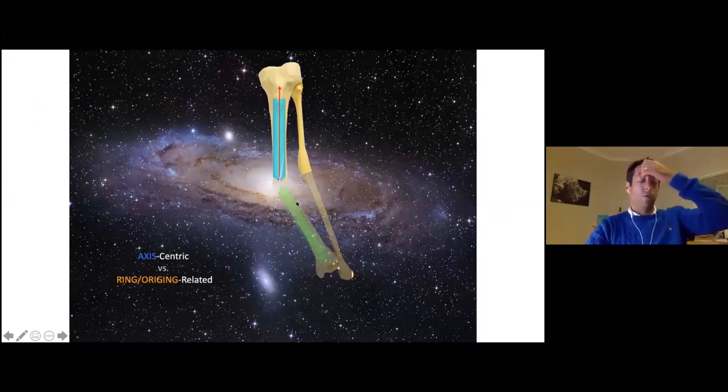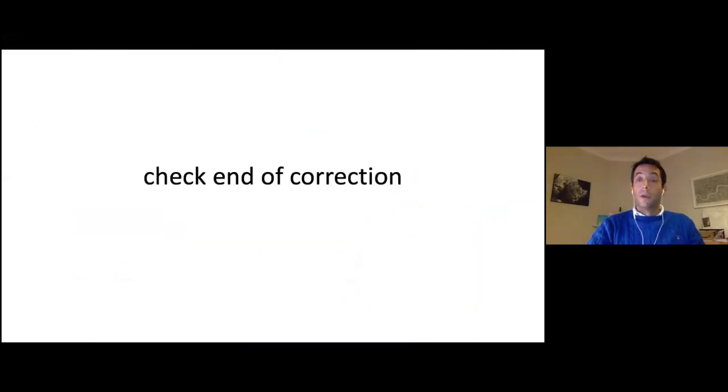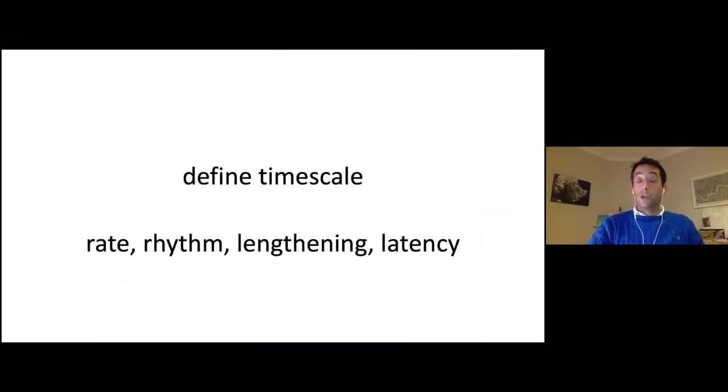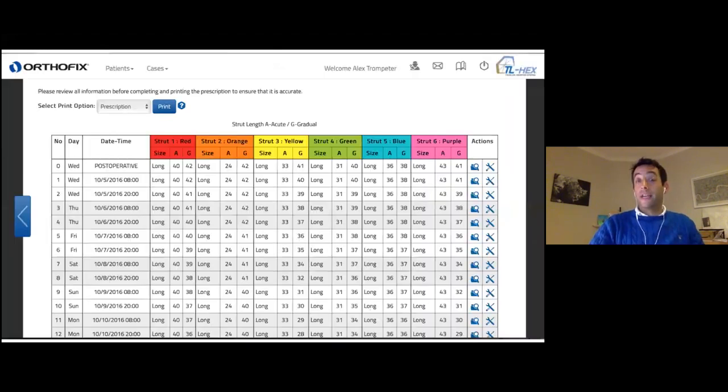For those of you that are really interested, TL hex and TSF measure things differently. I'll skip past that. You don't need to know that. And then at the end, you just find your time scale, and that's based around the rhythm and rate of correction and any latency period. And then the patient usually gets a prescription that tells them how to adjust each strut each day such that